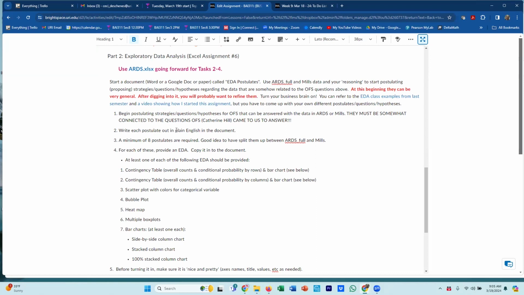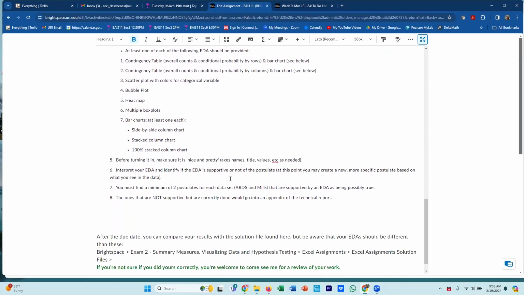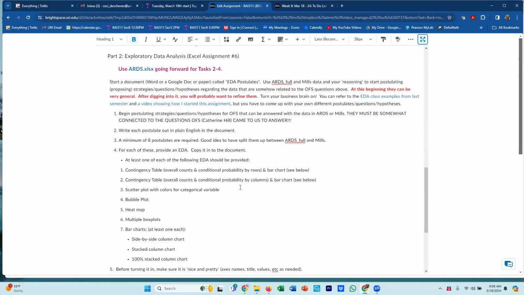And as I told you in class, if you do an exploratory data analysis to try and determine if your postulate is true or false, and it turns out to be false, there's nothing wrong with that. That is actual information that is valuable. It would end up going in an appendix in the technical report. For right now, though, I'm also using this exercise to strengthen your